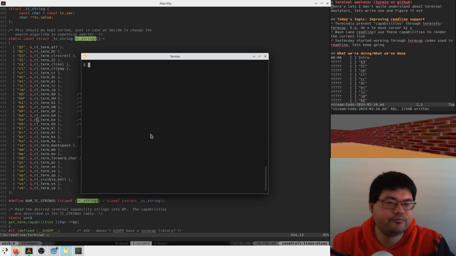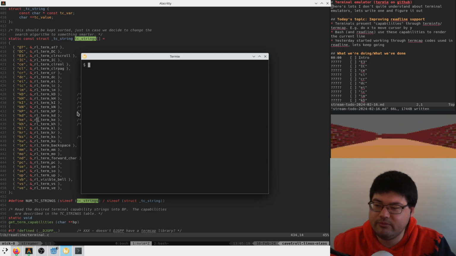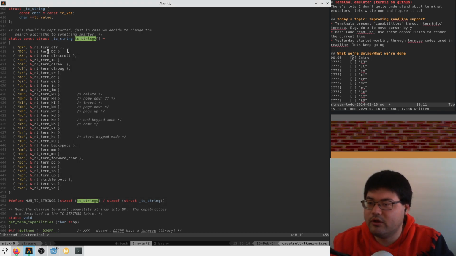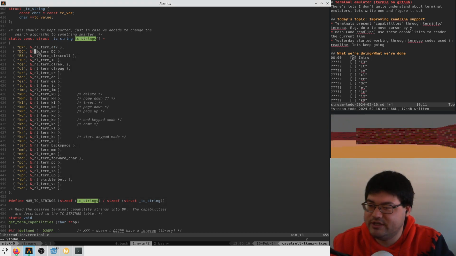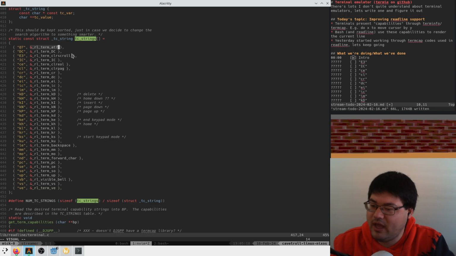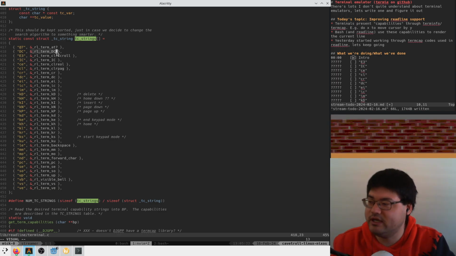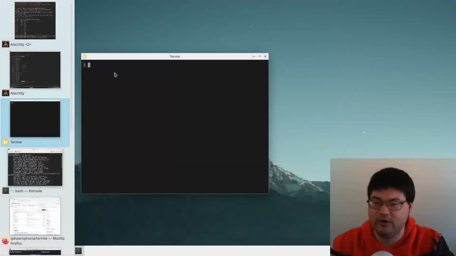That's the thought. And so yesterday we got through a couple of them, and I think we're just going to start working through the list and keep going. So we got through @7 and DC. I think @7 was end of line, like hit the end key, and DC was delete characters forward. So you can execute a string now in the terminal that's like